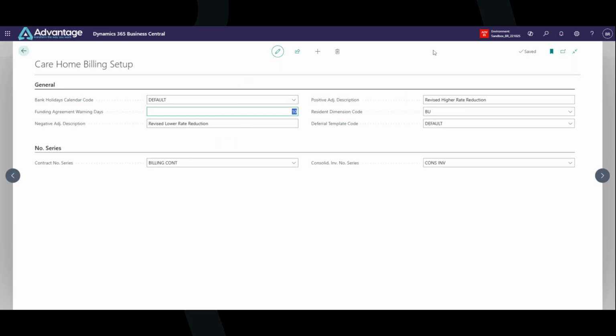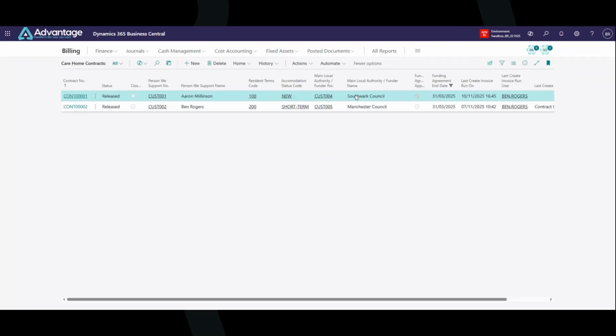So what it will do is look at the current work date, which today is the 11th of November, and it will look at all contracts that are going to be expiring within 10 days after that date. So anything that's going to expire on the 21st of November, it will pick up, and then if you use this filter, it will list any contracts here